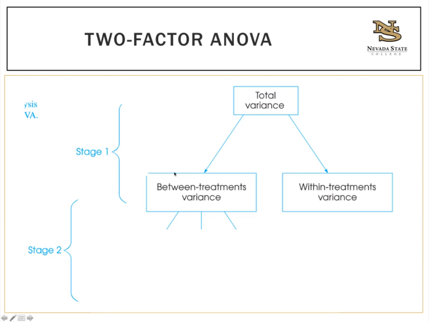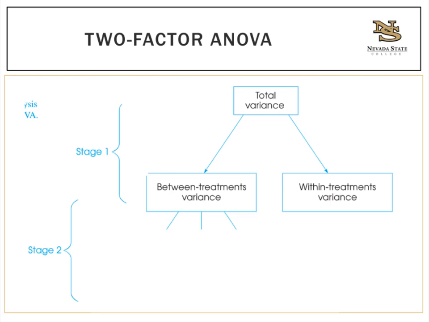And then we also have this between treatments variance, which you learned about in the one-way ANOVA. So this means that there is variance above and beyond just natural discrepancies between people that is being caused by the treatments that we have introduced into the groups. All right, and that's what we're interested in, is that above and beyond what we would find naturally within the